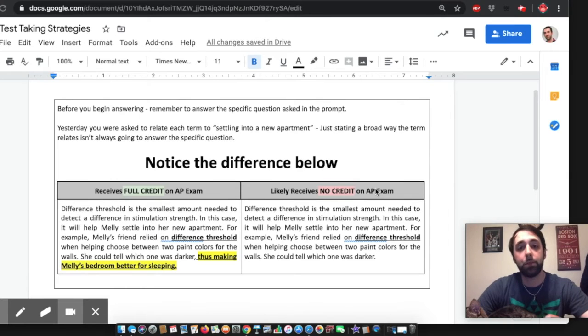It is pivotal that when you answer an FRQ application bullet, as the ones that we've been doing primarily this week have shown, that you answer the question specifically. So for example, if the question asks how these terms are going to help you settle into an apartment, if your response doesn't talk about actually settling in, whether that's boosting your mood, sleeping better, enjoying it more, then it